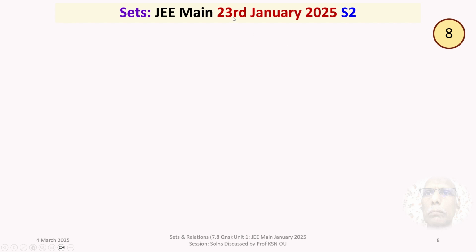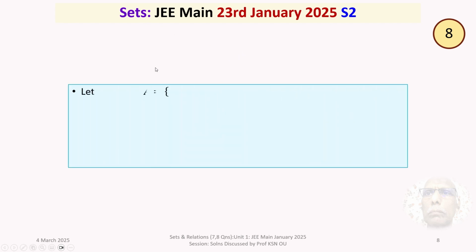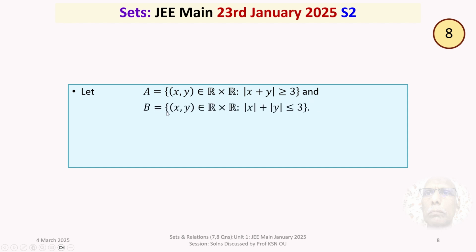This question has appeared on 23rd January 2025 in the second shift. It is related to the concepts of sets. The given question is, let A be the set of all ordered pairs (x, y) belonging to R cross R, satisfying mod of x plus y greater than or equal to 3, and B is the set of all ordered pairs (x, y) belonging to R cross R, satisfying mod x plus mod y less than or equal to 3. If C is the set of those ordered pairs (x, y) belonging to A intersection B,